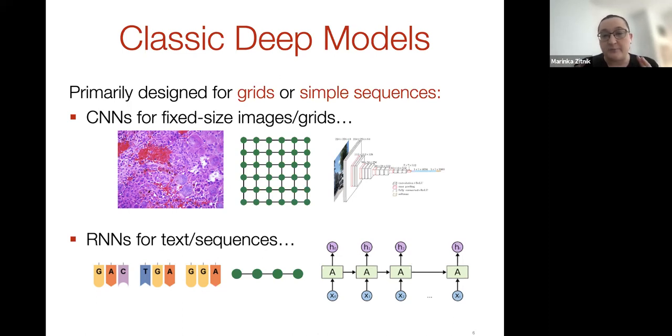But this representation gives rise to a regular grid, a regular graph. On the other hand, there are a variety of very powerful deep models and algorithms designed for sequential data, such as natural languages or general sequences, including protein sequences. And in many cases, we can think of those sequences as simple chains or graphs where every token is represented by a node, and that node has 2 neighbors, the token to the left and the token to the right, minus the first and the last token, of course.